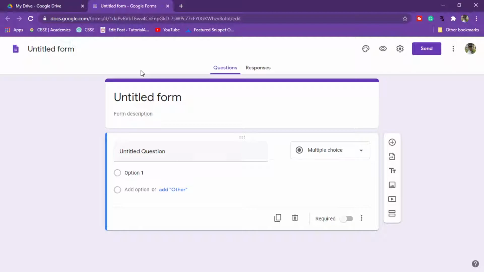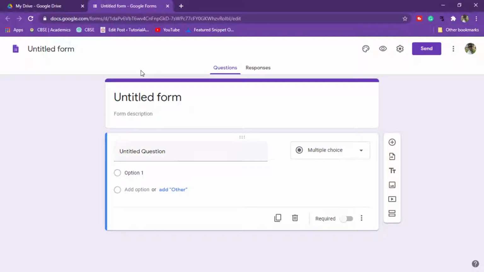Although we have to check here also whether students have sent the complete file or not, one burden will be reduced, that is your mobile engagement. Here your mobile engagement will be very less. You can check after some time. So all those answers will be stored into Google Drive automatically. The folder will be created and the file will be available in your Google Drive. How to check that also I will show you. But first you watch this part completely. After that you will see how to save this in your Drive folder.